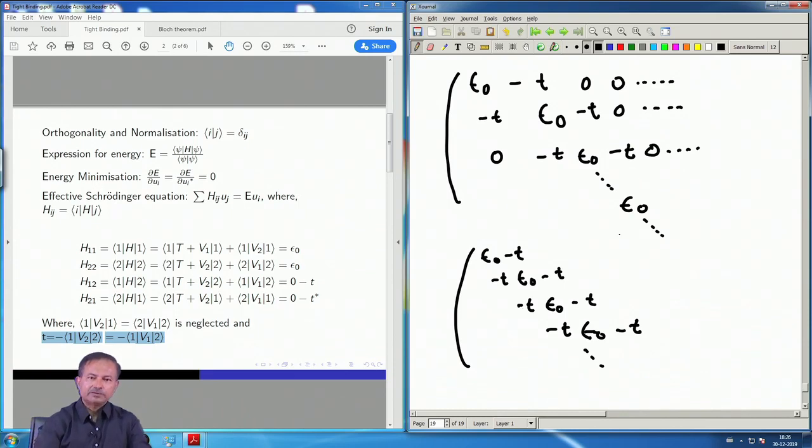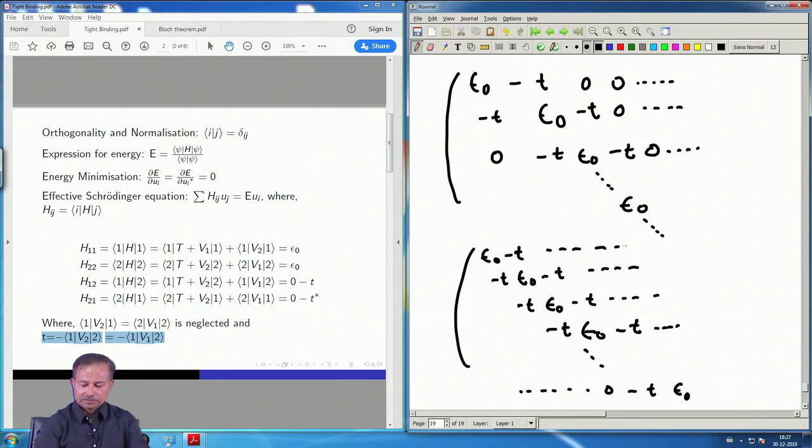And the last row will have epsilon naught at the last position and minus t just next to it, all others are 0. Okay. So, these dots and dashes that I am putting in are all zeros. So, this is the matrix